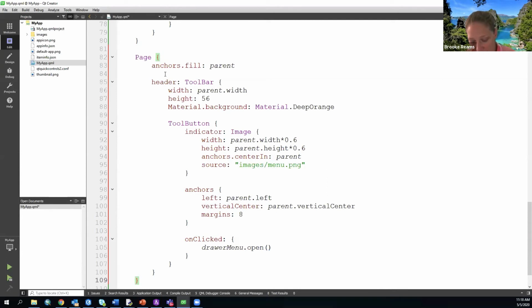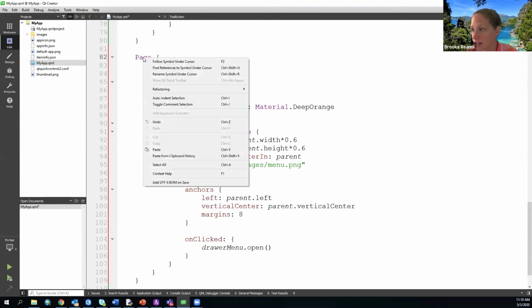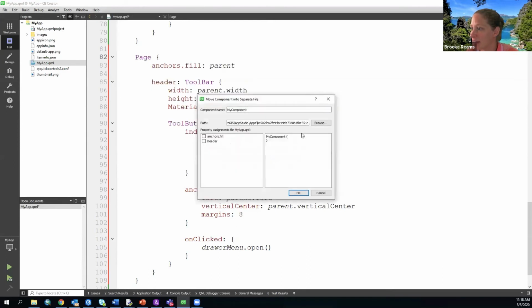Yeah, that's a really great question. I'm glad you asked it. And ordinarily we would do it that way. The easiest way would just be to right click on the component itself, go to refactoring, and then right here it lets you move the component into a separate file. And if I click that, it lets me specify the component name